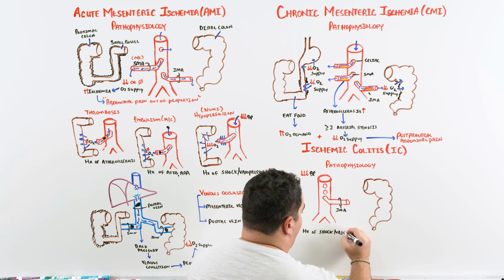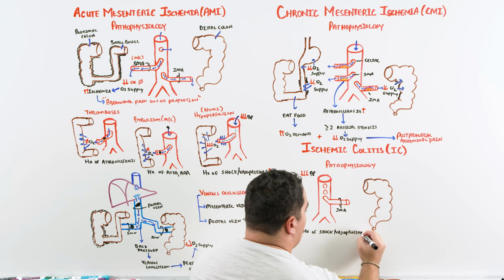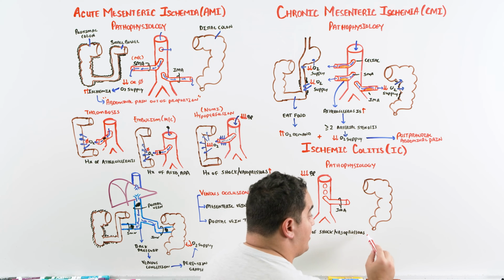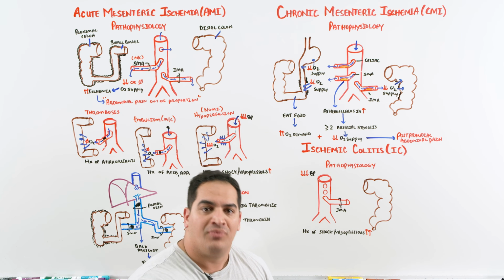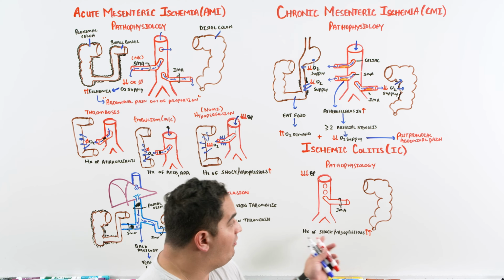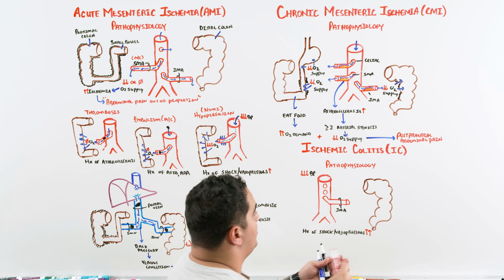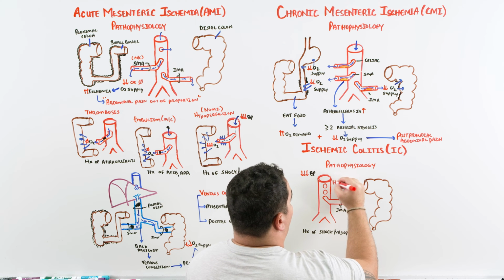Think about these patients if they're on high-dose vasopressors, or they're on certain medications that cause vasoconstriction, sometimes those migraine medications. It's usually these patients who have profound hypoperfusion. So we'll write this down. This is a patient who has